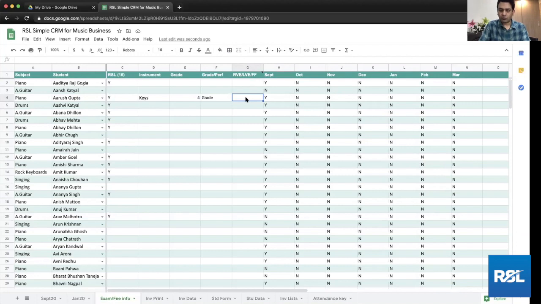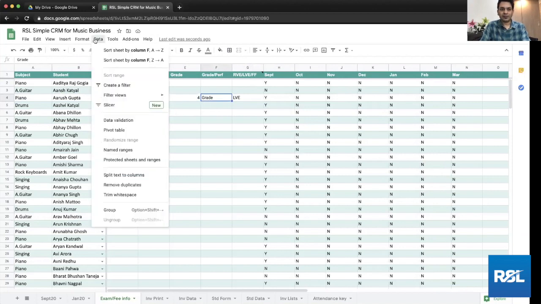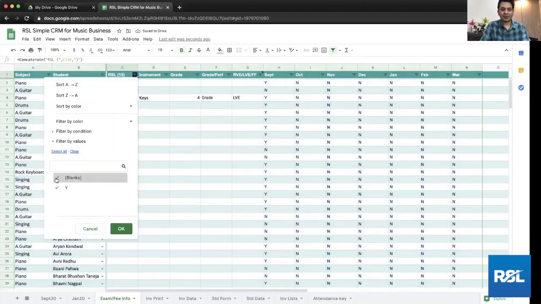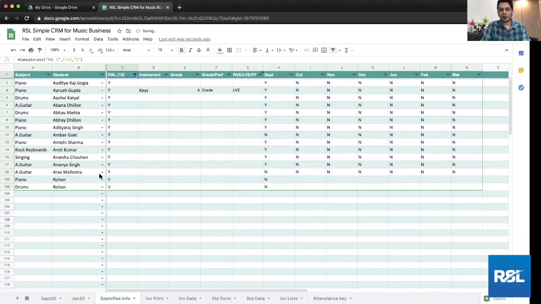Suppose I put LVE here for now, you can maintain all this information right here, right? And you can just create a data filter and click on RSL and unselect the blanks, and you will have the database. All the students who will sign up for the Rock School exam in one view. So that's going to be very helpful for you to track your Rock School exam students, right?